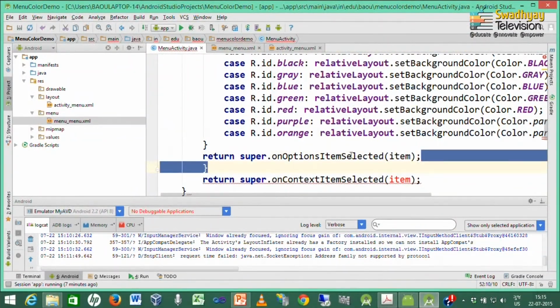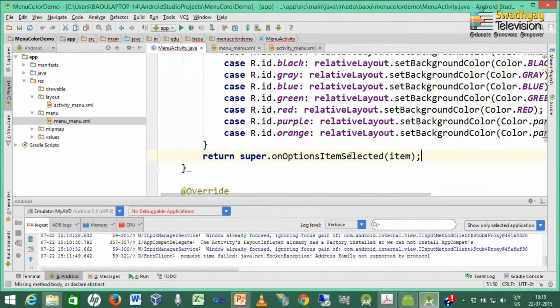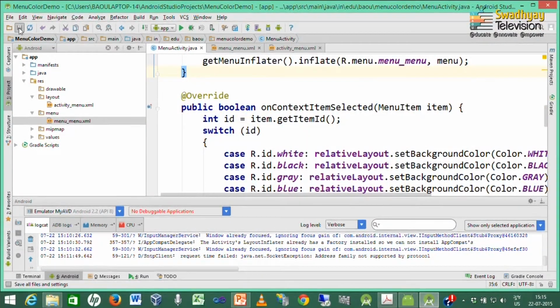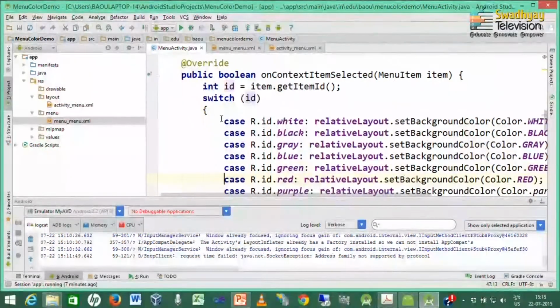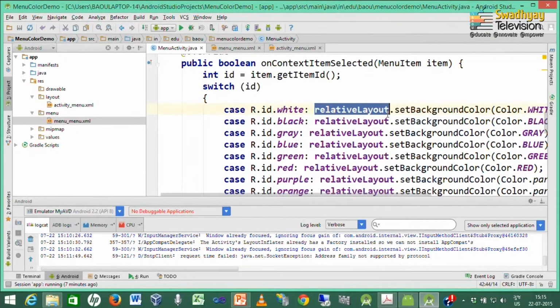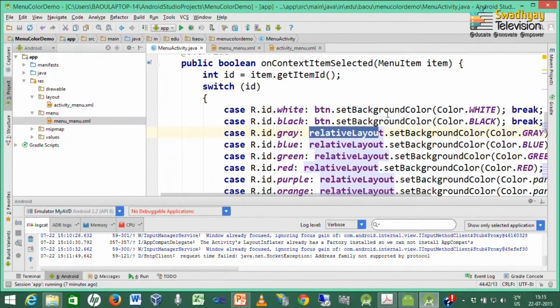These two lines should be removed, because our menu ID is the same, the menu is the same. So, no need to define it once again, but now instead of this relative layout color we change our button color. So, instead of relative layout we have to just write btn. I am just replacing this relative layout with btn.